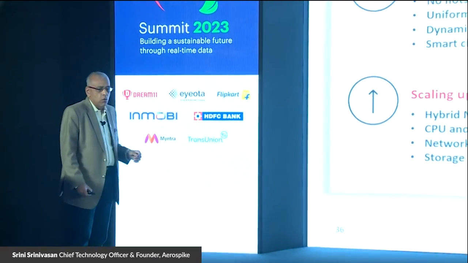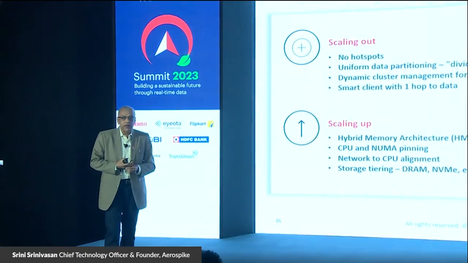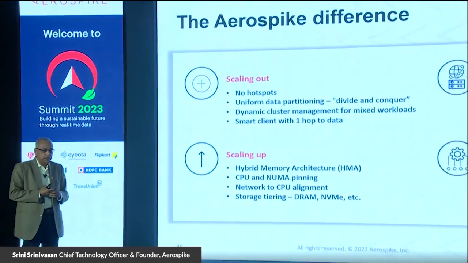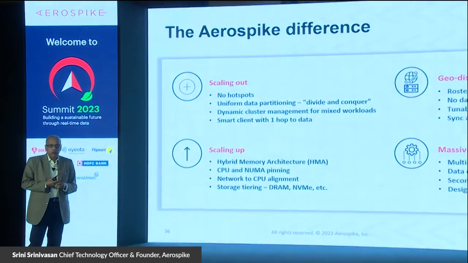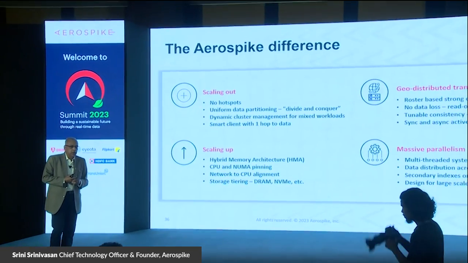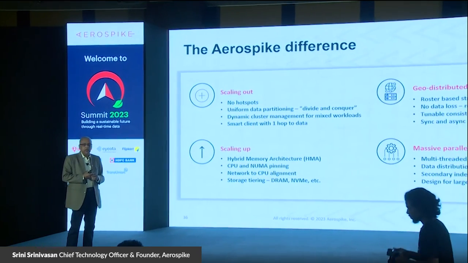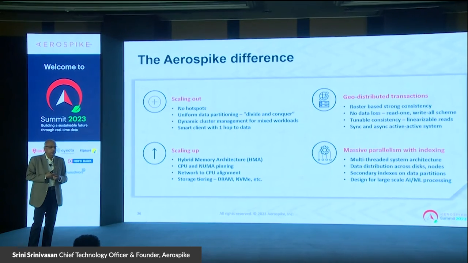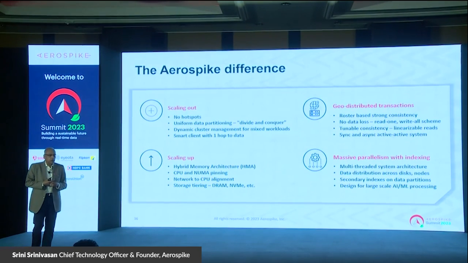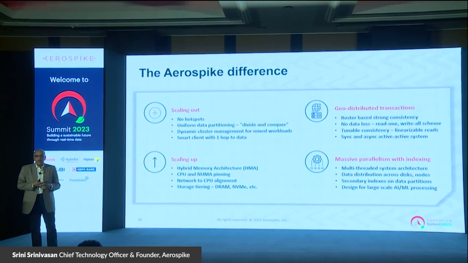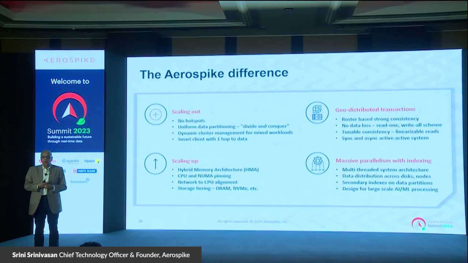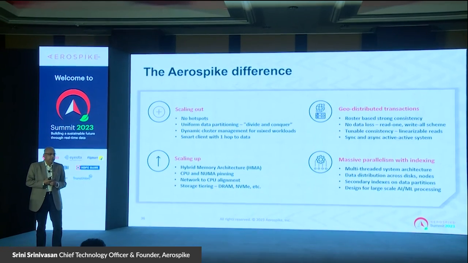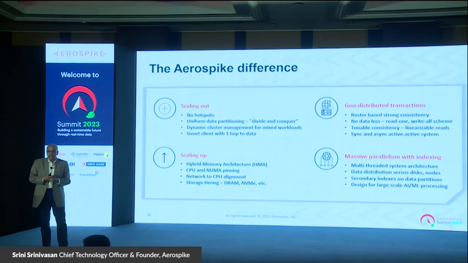I'll talk a little bit about why Aerospike is different. It's all great to have a philosophy of building it, but it's also hard to do these things. We focused quite a bit initially on scaling up. Subbu talked about the hybrid memory architecture, and what that really means is enabling data that is stored in flash to be available for real-time access, both reads and writes. A fundamental problem of traditional databases is that they cannot handle very high write load and at the same time handle read loads with low latency to get the latest data. It's just not an architecture for that. We changed that with the hybrid memory architecture.